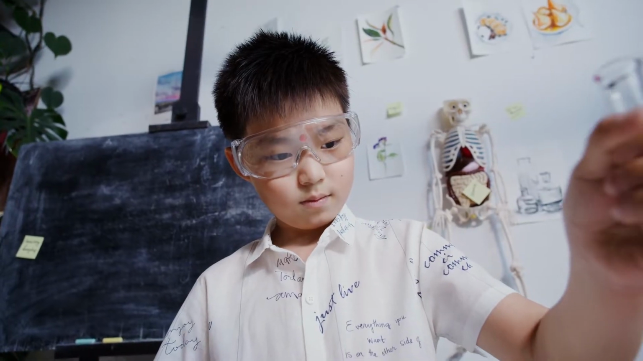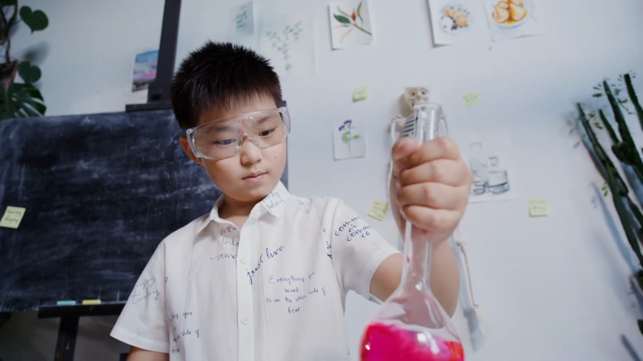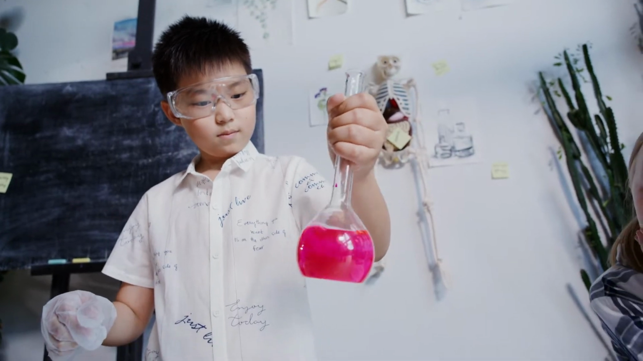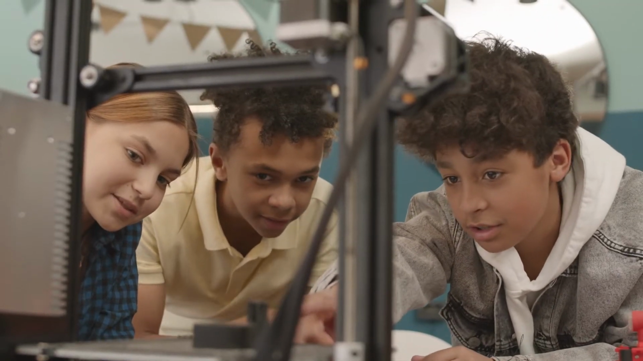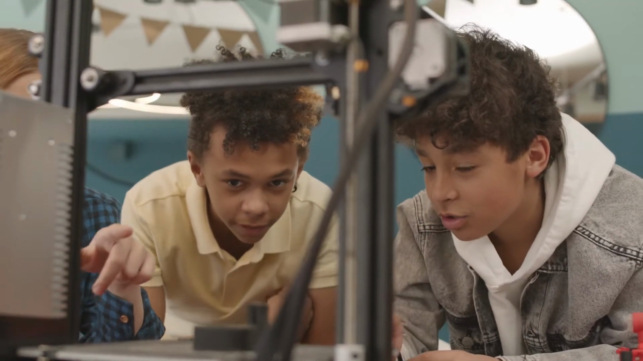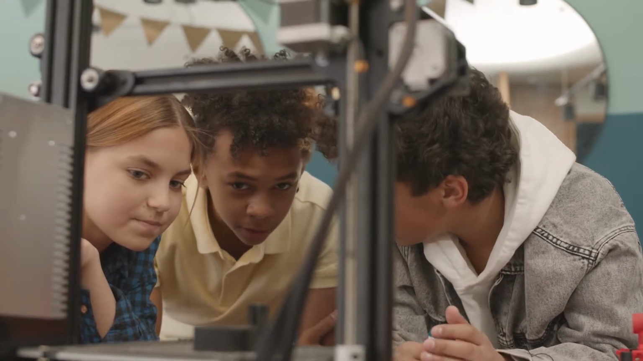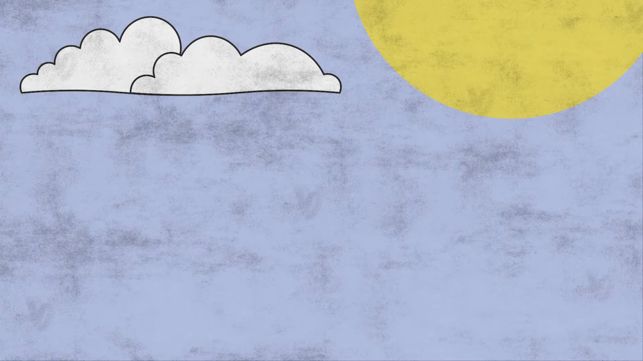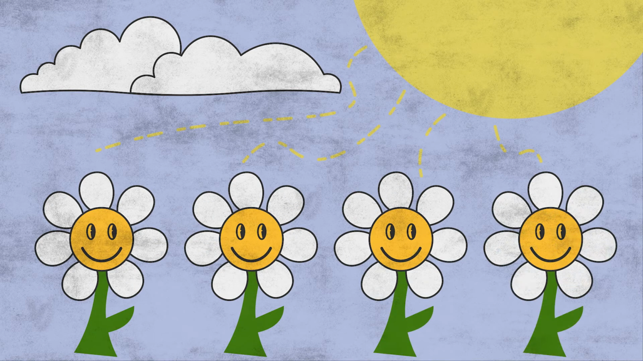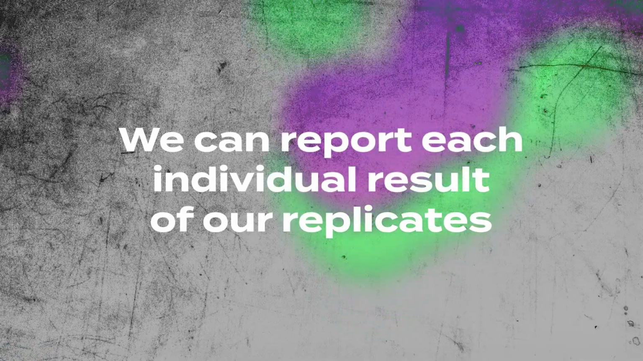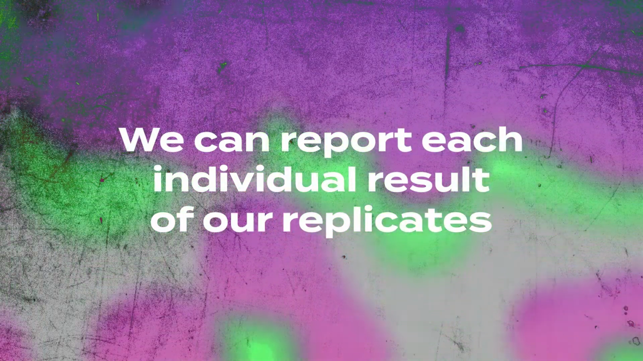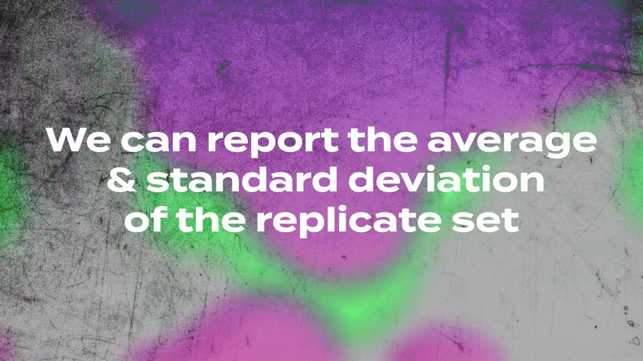When scientists design experiments, replicates are an important element of that design. Replicates are separate tests that have exactly the same conditions. In an ideal world, the results from our replicates will all be the same or at least very similar. If we are testing how plant growth responds to sunlight exposure, we would expose several plants to the exact same test conditions. We can report each individual result of our replicates, or we can report the average and standard deviation